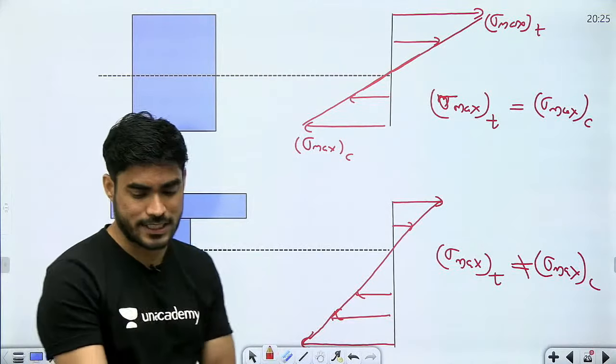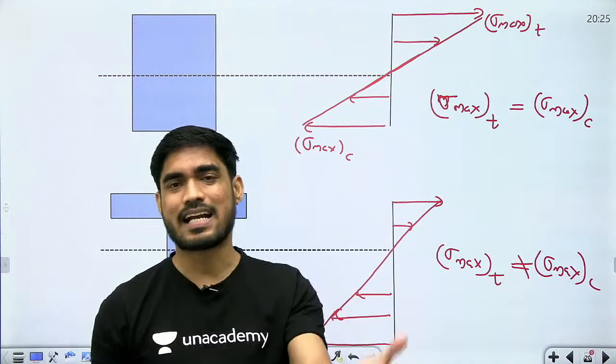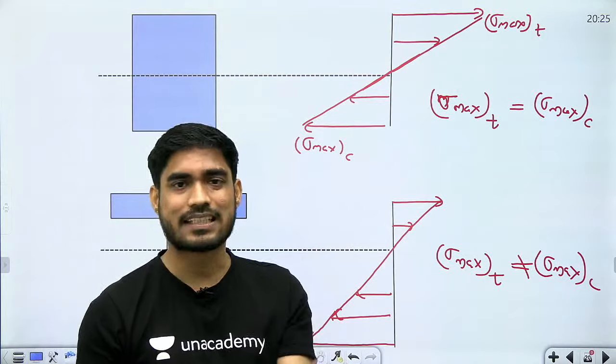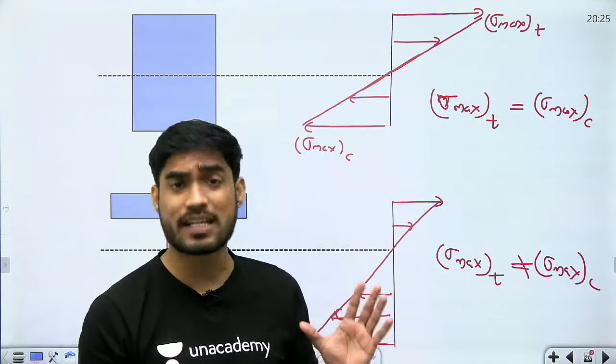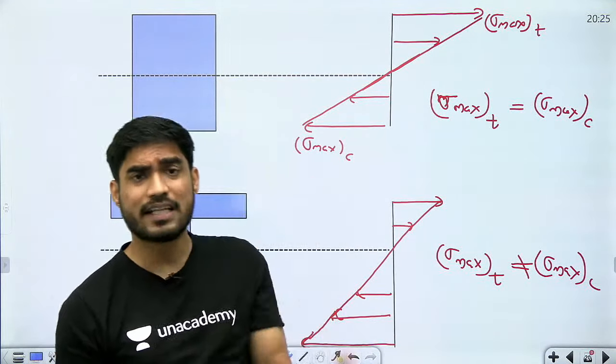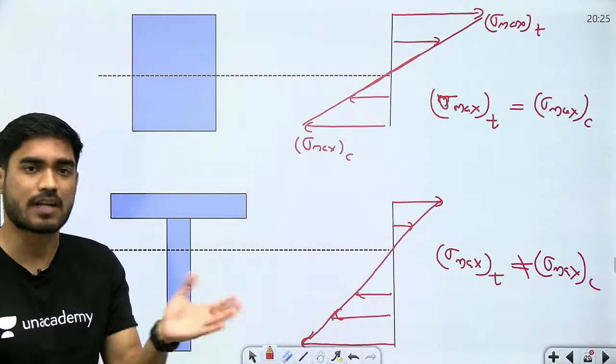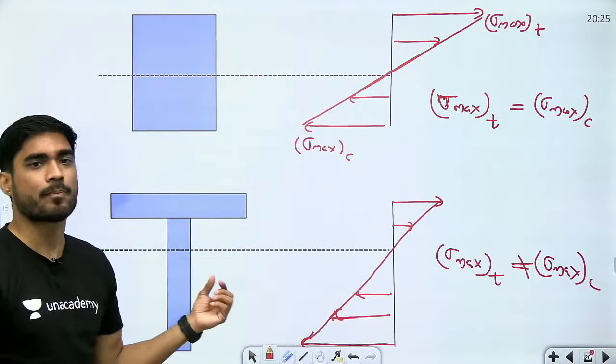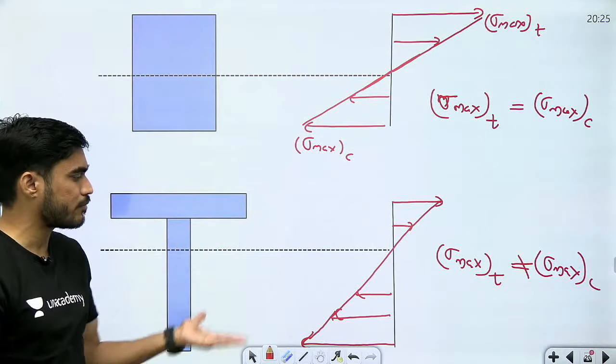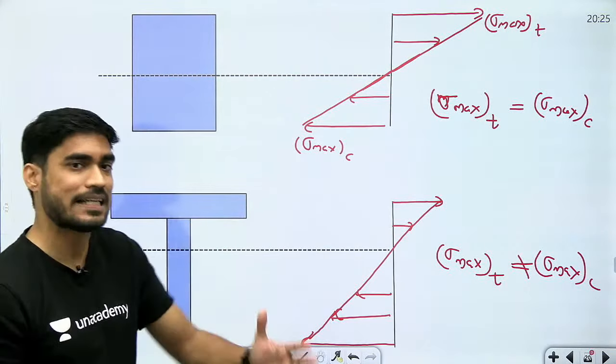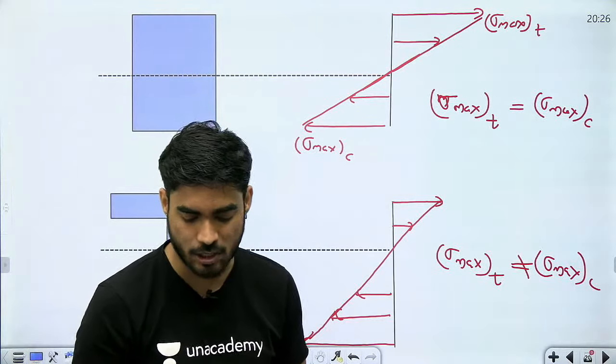You will always get questions from symmetrical section like circle, rectangle, I section. इस टाइप के simple triangular section से आ सकता है, because we already know the neutral axis of triangular section. But T section के ऊपर question नहीं आता है, क्योंकि T section में neutral axis ढूंढना पड़ता है, and that takes a lot of time, that takes a lot of calculation.